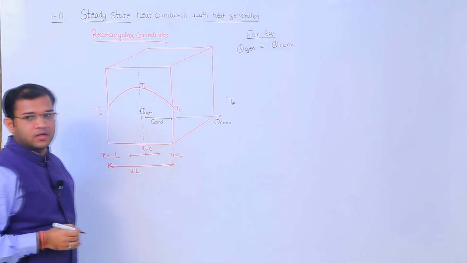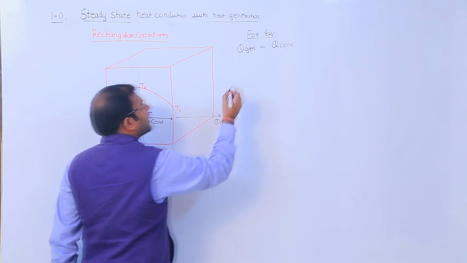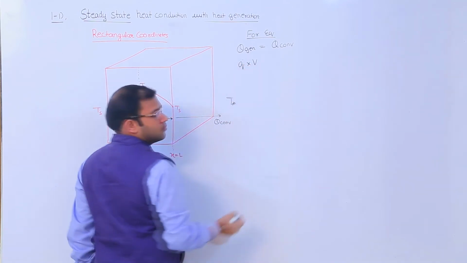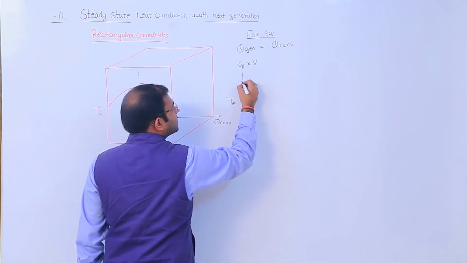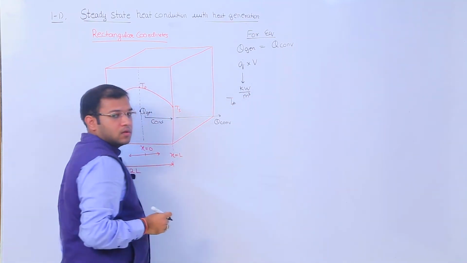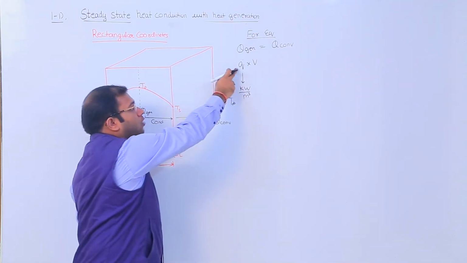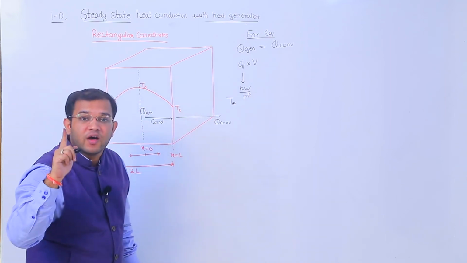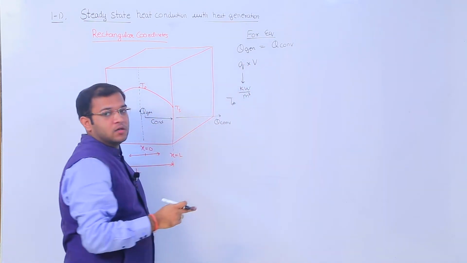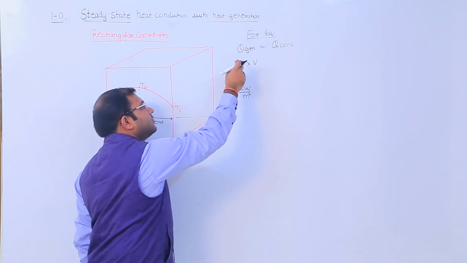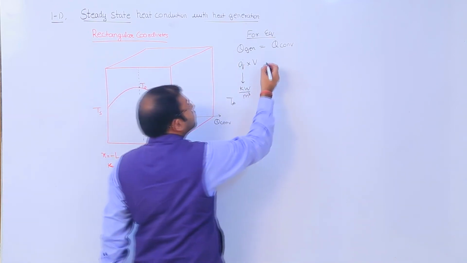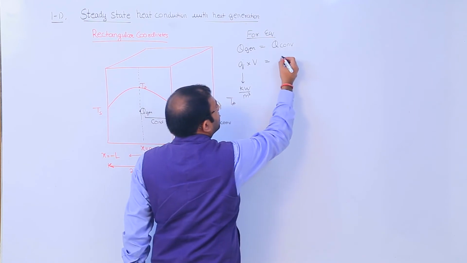and let the ambient air temperature be T infinity. This Q generation can be written as Q dot into volume, where this Q dot, the units are kilowatt per meter cube. This represents the amount of heat generated in 1 meter cube of the volume, and let the total volume be V. So, total heat generated will be Q dot into V, fine, and this will be equal to your H